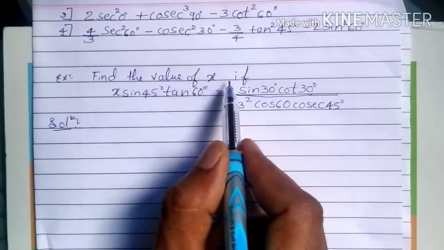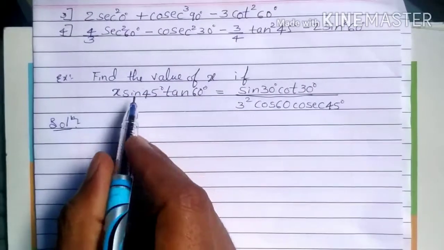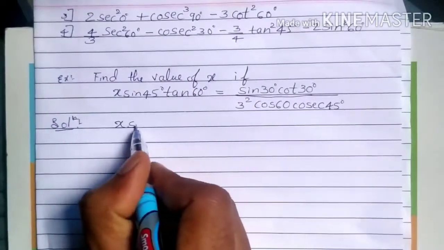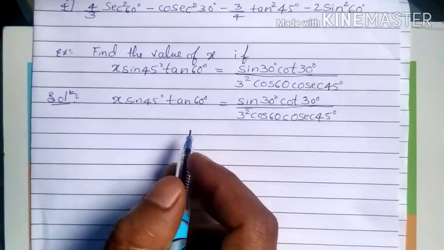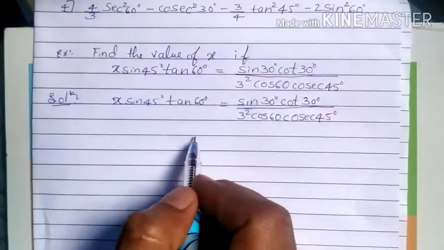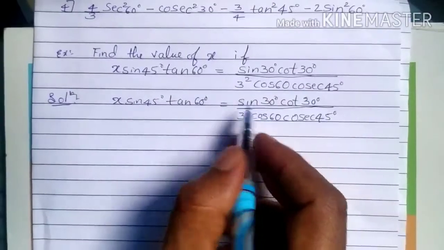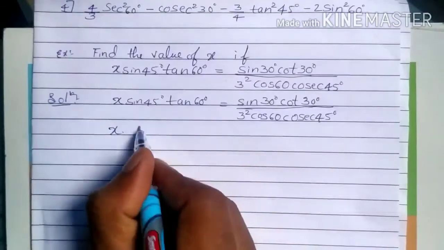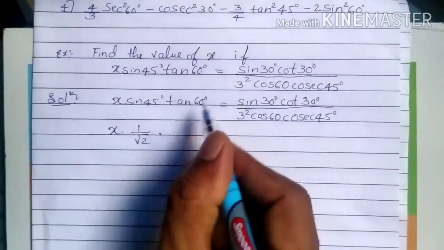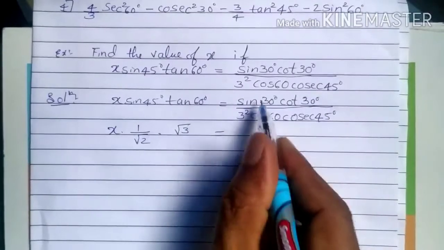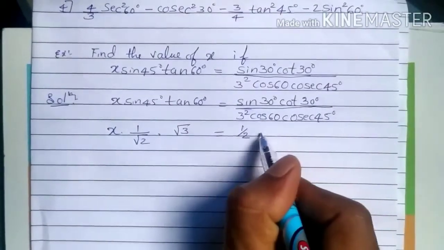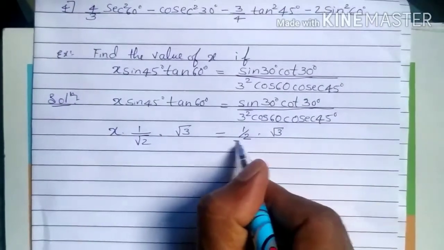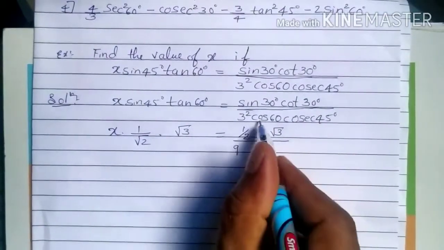Find the value of x if this equation holds. Okay, so an equation will be given, you have to find the value of x. So write x sine 45 degree. So you have to write the given equation here, not about LHS or RHS. Okay, x is equal to x into sine 45. Sine 45 is 1 by root 2, tan 60 is root 3, is equal to sine 30, 1 by 2, into cot 30, root 3, whole divided by 3 square 9 cos 60